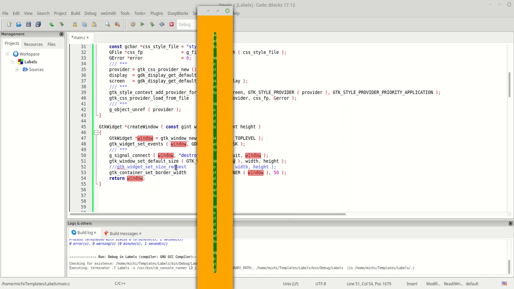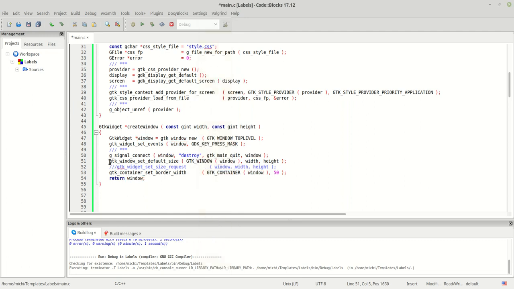I'm not sure if you need it in something like that, because it looks like it's not what you need, but anyway, it's here. I wanted to show you just to be clear about what happens if you call GTK window set default size, or what happens if you call GTK widget set size request, because as you can see here, I comment out again, and